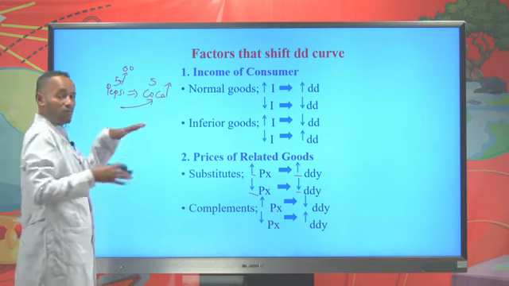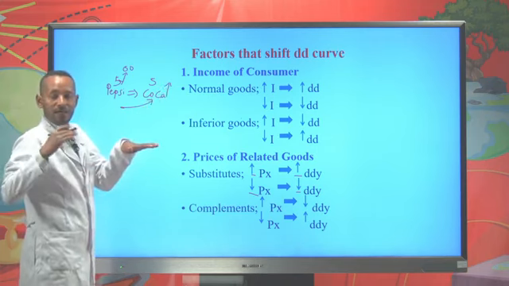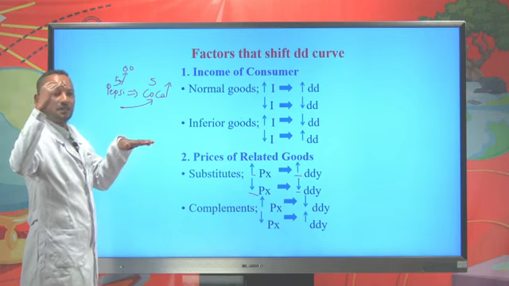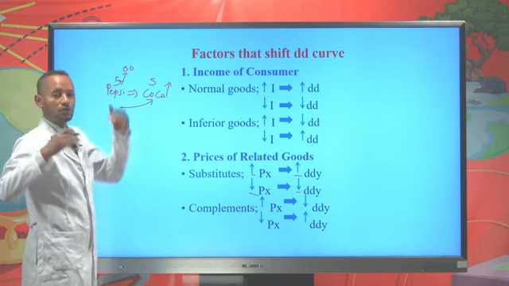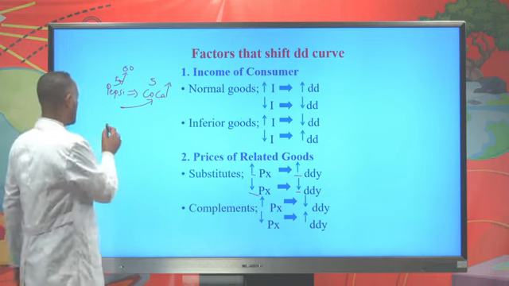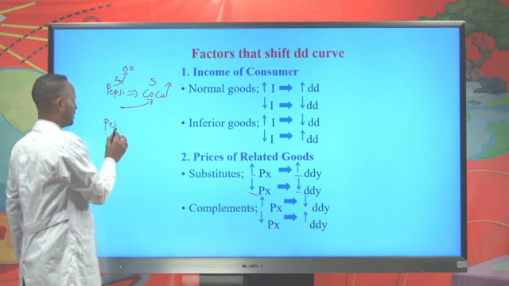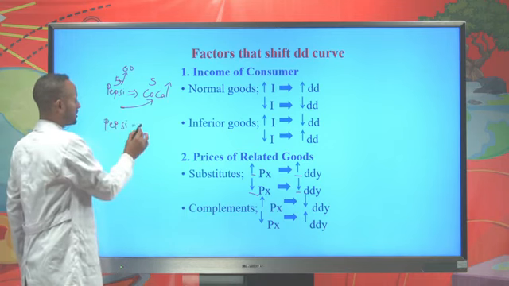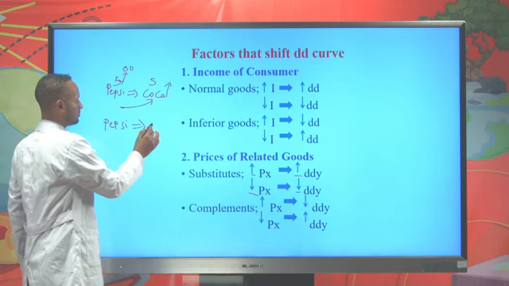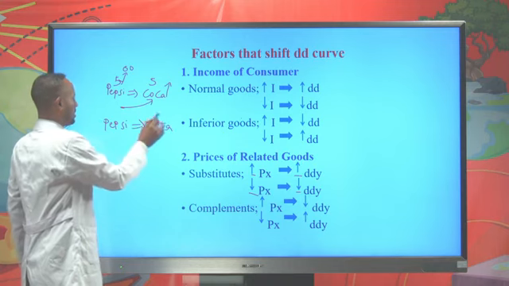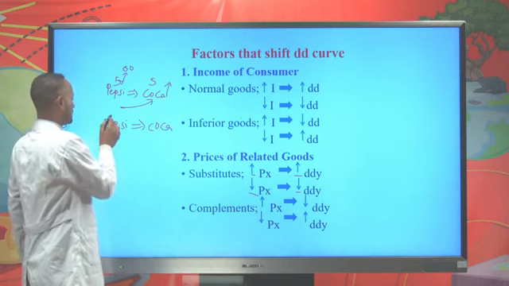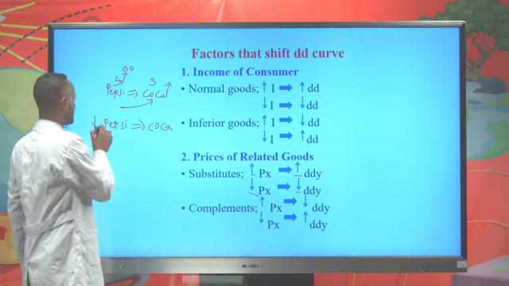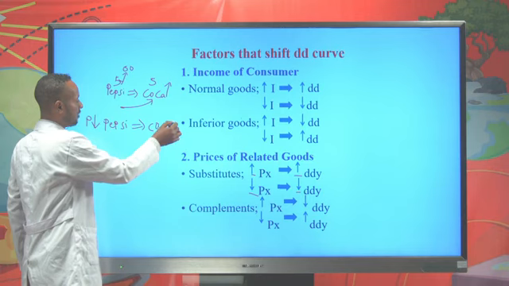So if the price of Coca remains unchanged with an increase in the price of Pepsi, then the demand for Coca will also increase. Similarly, Pepsi and Coca are substitutes. Now, as the price of Pepsi declines, then the demand for Coca will